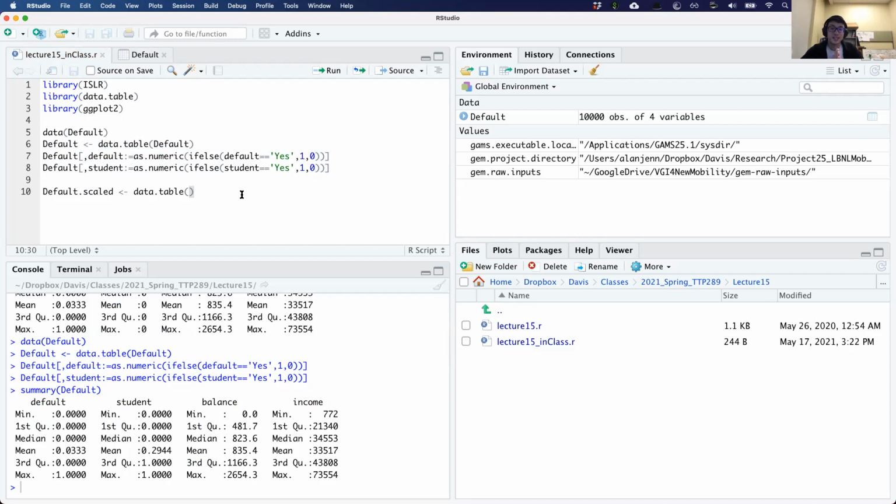The scaling in this case is actually more to help with the efficiency of the gradient descent algorithm. You can imagine that if I have,